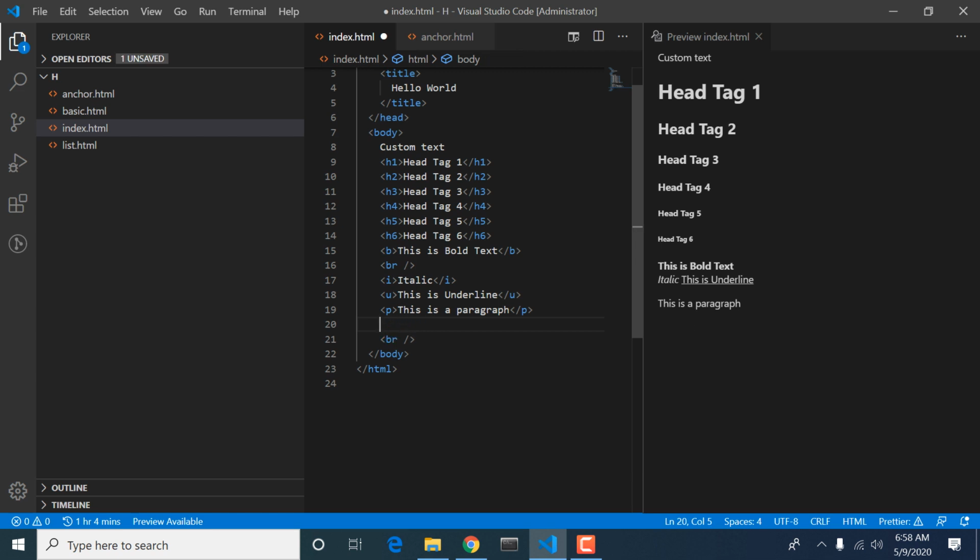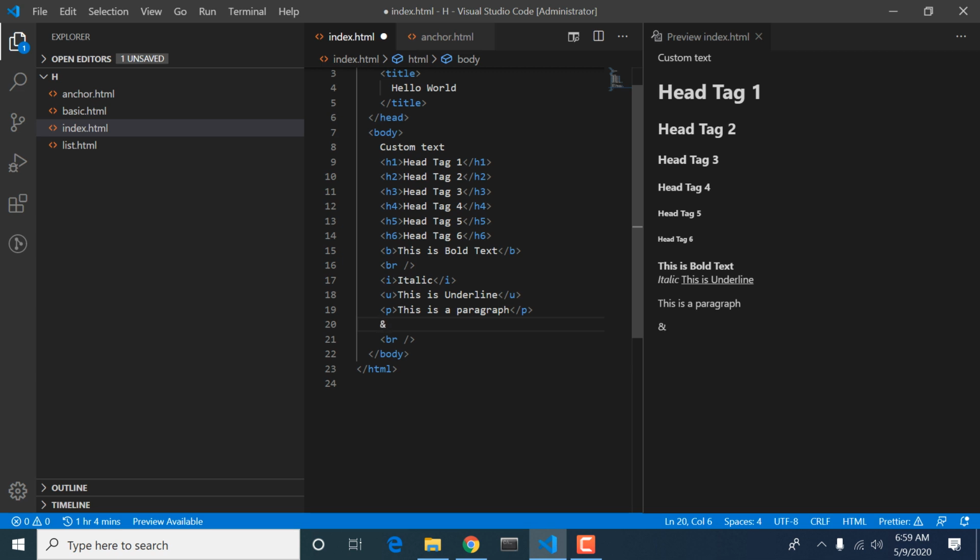So for that we use special characters, known as escaping characters.